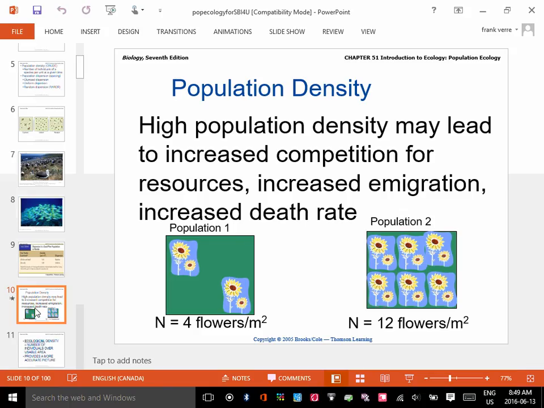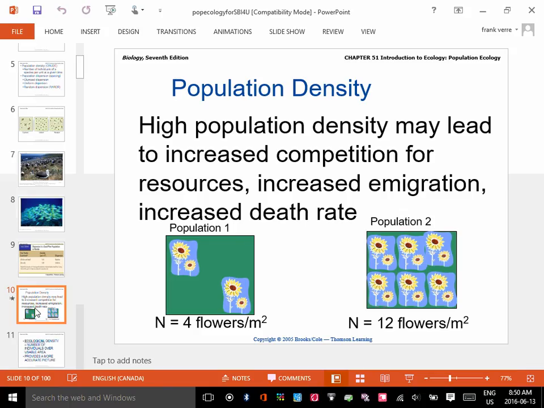So what do you think population density is, Jerusha? What do you think it is? Yeah, but of one species, right? It's the amount of individuals of one species living in a particular area. It's important because later on we'll talk about density dependent factors, and you might want to know how dense your population is to understand some of the issues that a population may face as it becomes really, really dense.